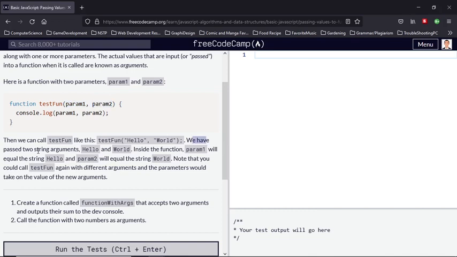So we have passed two string arguments, hello and world, inside the function. Parameter 1 will equal the string hello, and parameter 2 will equal the string world. Note that you could call test fun again with different arguments, and the parameters will take on the value of the new arguments. Create a function called function with arguments. Okay, let's try to go and do that,